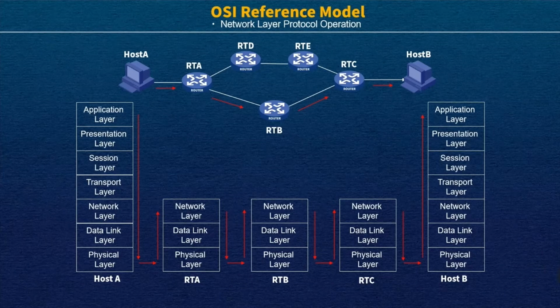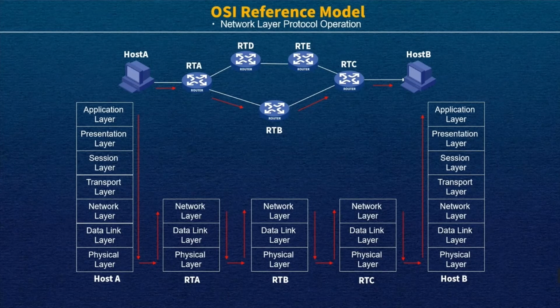And about the network layer, we will add the source IP address of host A and the destination IP address of host B. Then the message will become bits and finally be sent to the gateway, router A. Gateway means if host A wants to send the message to a different segment, the gateway will help you. So the packet will be sent to router A, and router A will do the de-encapsulation and delete the header of the physical layer and the header of the data link layer, and according to the network layer information, it will say your destination IP address is host B.